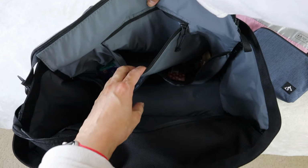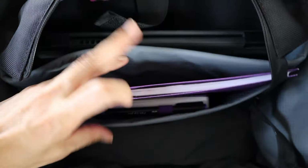The interior of the bag is lined with a soft woven lining, and I like how the contrast of the interior is different. It's lighter in color, which allows you to really find your things a little easier. Bags that have a black interior make it really hard to see your items, especially when you're in a plane and it's dark. And just having a lighter interior helps with that contrast and really allows me to find my